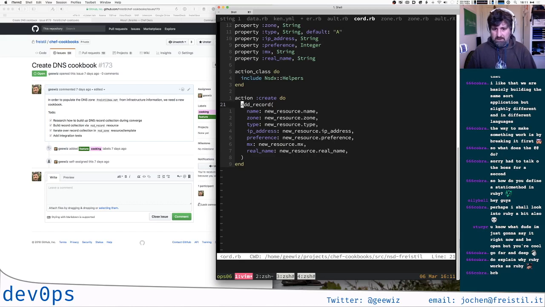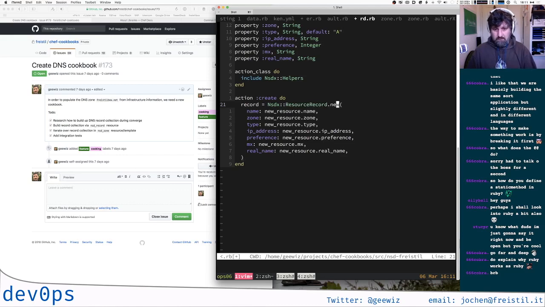I'll use all these hash fields here directly to create a record object, which is a resource record. Oh, it's an NSDX resource record new,